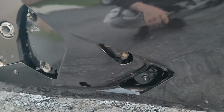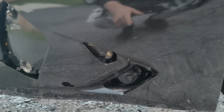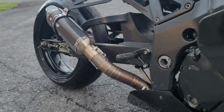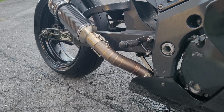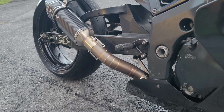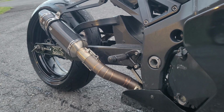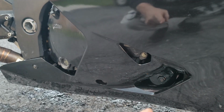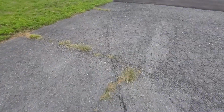Luckily I have oil in stock, so I got that tightened down, and I know you're supposed to replace the tire after oil gets on it. I'm going to go to the car wash after this and degrease everything. But yeah, that filter came loose, and if you guys can see it, I'll follow this whole